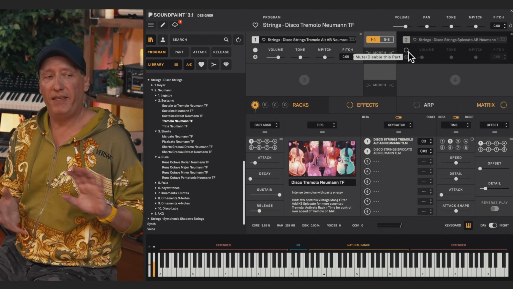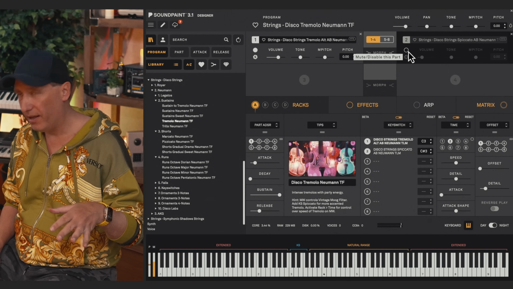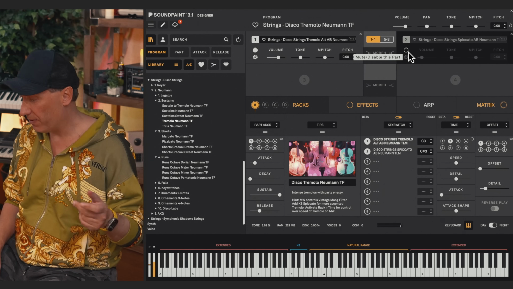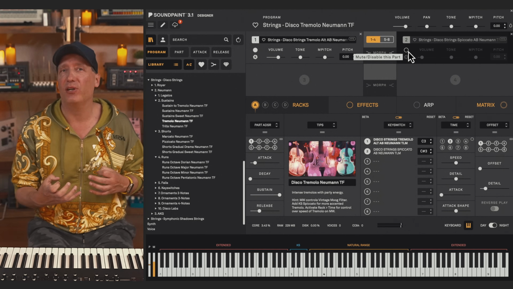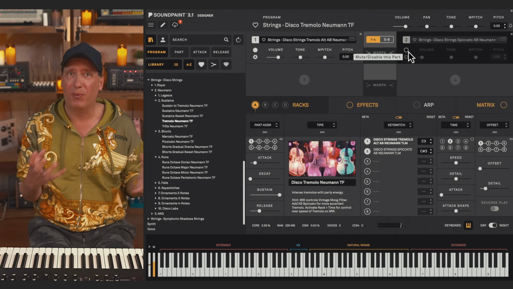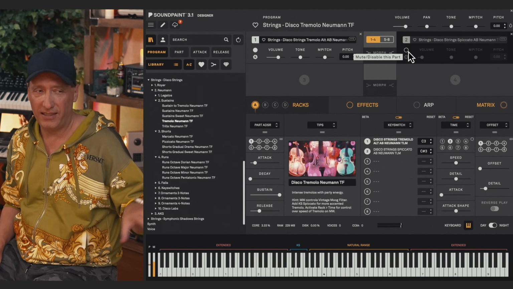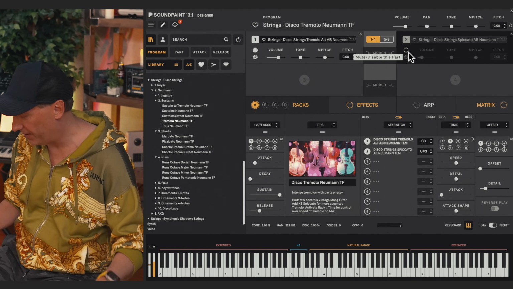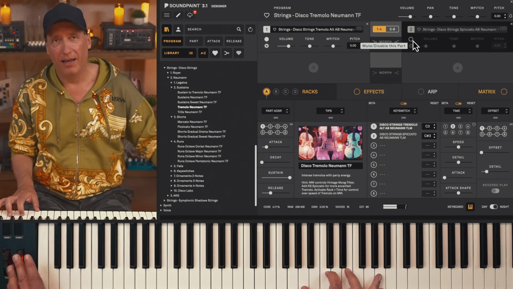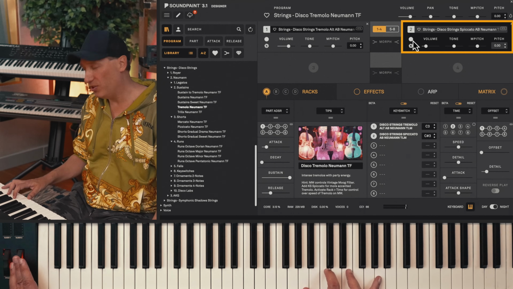Here's another program featuring the tremolos as well, but in this case we have a secondary part with spiccato on it. So if you want a little more accent on your tremolo, you can do that. If you don't want it, switch it off. It's just to sort of cater towards the idea of accented disco string writing, if you will. At all times, we want to have all the tools at our disposal. So throw in a spiccato on a different part, set the key switch, just so you have it in case you need it. That's a very nice tremolo, but if we add the spiccato to it, we get a little more of a sort of punch in the beginning.